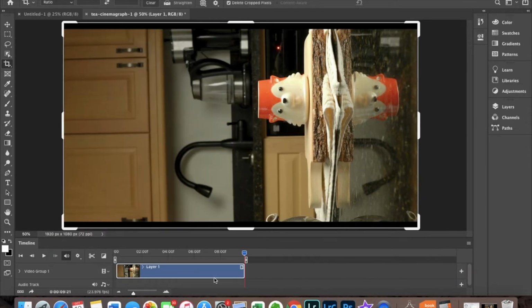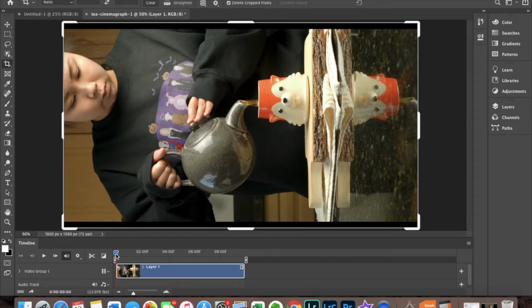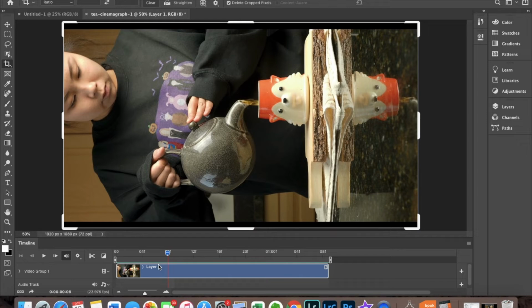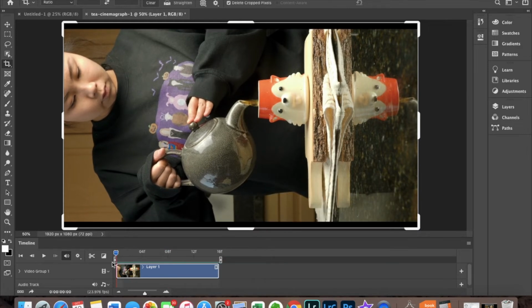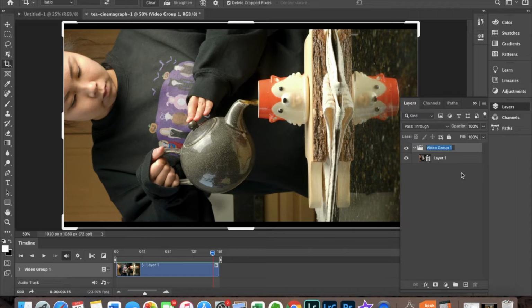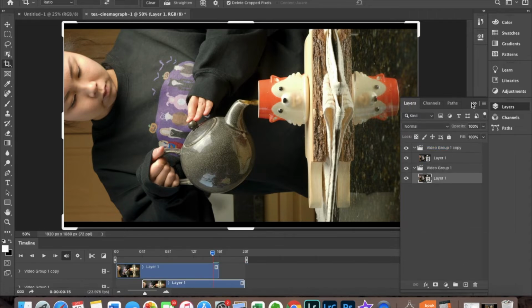We're going to first cut our clip down and make it more manageable to work with. After, we're going to scrub the video and move the front and end of the clip to where we like, essentially the area where the tea stream is consistent. Before we create another layer, we're going to hit the gear icon to make sure that loop playback is on. After that, we're going to create another copy of the layer by going to the layer panel and copying the